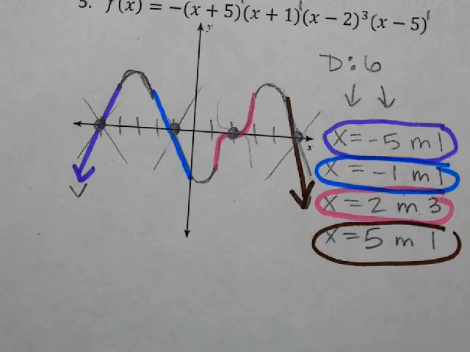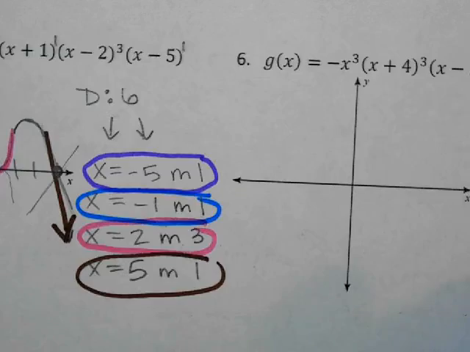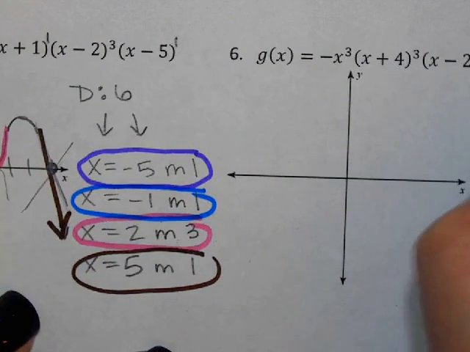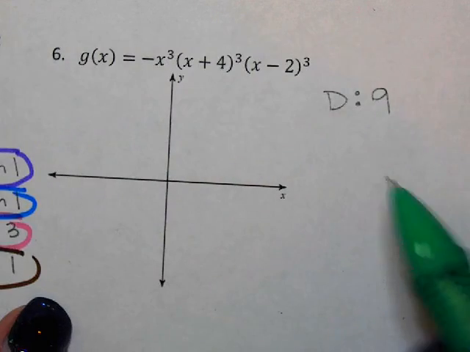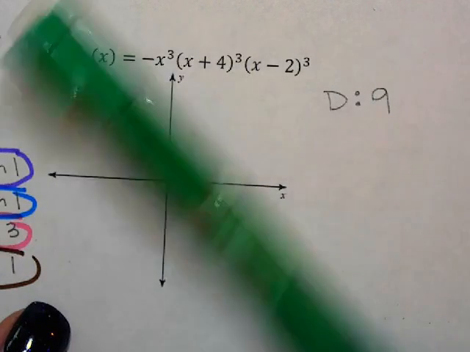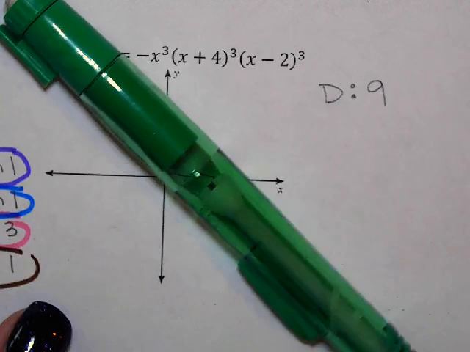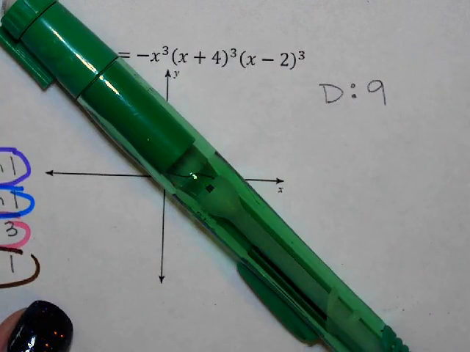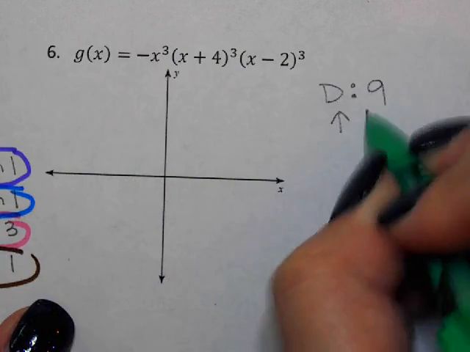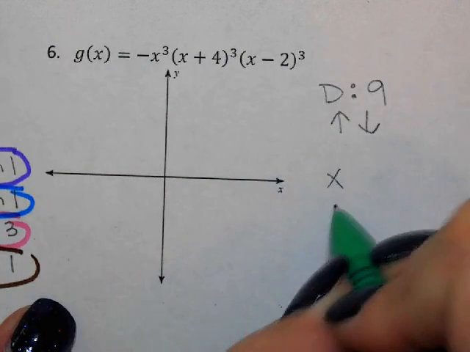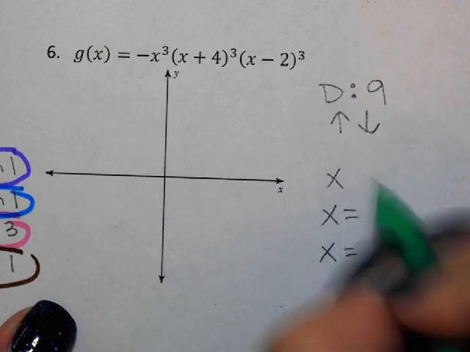What is my degree? 9. I have a negative coefficient. What does that mean? Negative coefficient for an odd number. Up arrow, then down arrow. Okay, what are my X-intercepts? -4, +2, and 0. And just for funsies, they're all multiplicity of 3 because I was like, I don't think